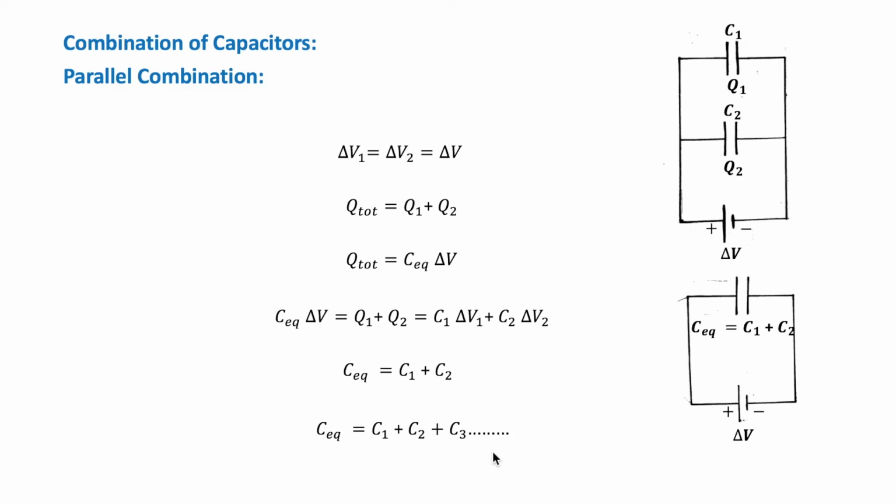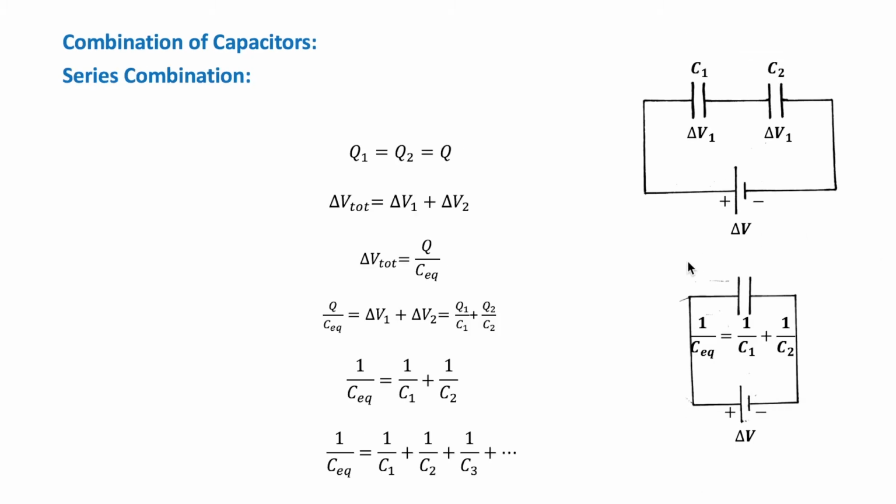And so you see that the equivalent capacitance is greater than any of the individual capacitors, okay? And this is because when we connect capacitors in parallel, we are actually combining the areas of all the capacitors, which will, as a result, increase the amount of charge stored. So we will now consider series combination. So when a battery is connected to two capacitors in series,